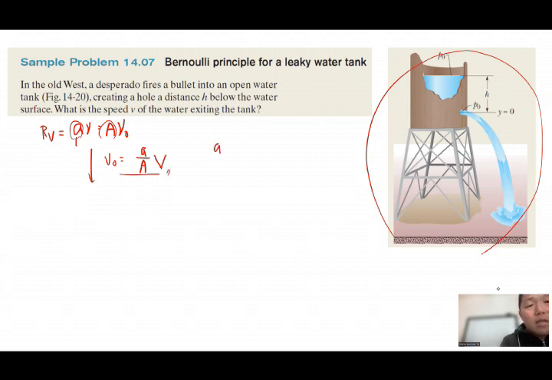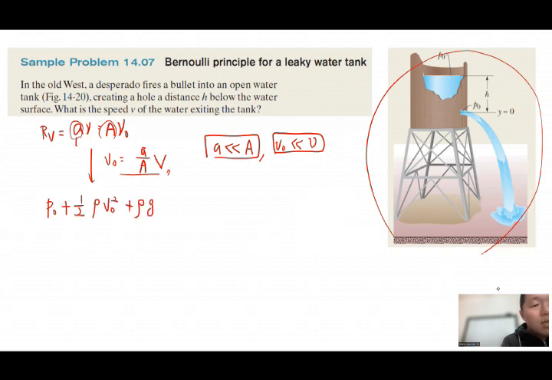Here, A, as you can see, is much smaller than the total surface of the water tank, and the velocity v naught of the water surface itself is much smaller than the speed of water leaving the water tank. So if you plug that in and apply Bernoulli's equation, that equation is P naught plus 1/2 rho v naught squared plus rho g h equals P naught, the reference pressure of the water tank, plus 1/2 rho v squared plus rho g times